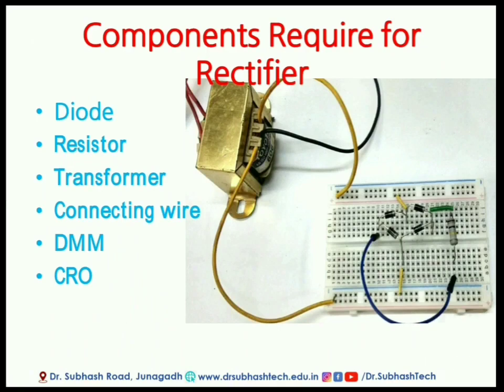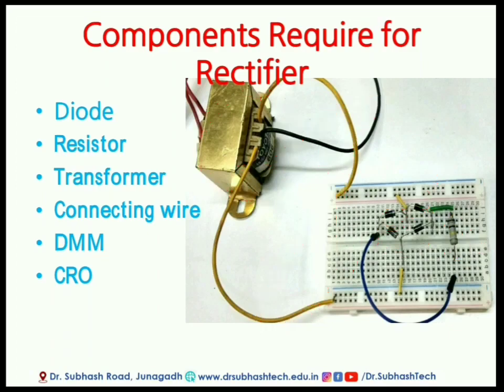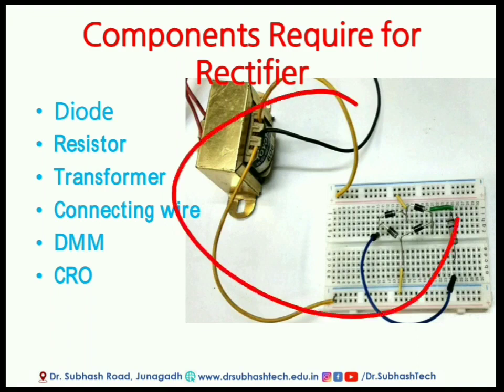First, the basic components required for the rectifier design. Friends, this is the transformer, this is the breadboard, this is connecting wire, these are the diodes, and this is the resistor. The basic components for rectifier design are the transformer, diode, resistor and some connecting wire. Here we only convert AC to DC, not pure DC; the output of this circuit is pulsating DC. For pure DC some portion like a filter is required, but here there is no filter, so we can say this is only the rectifier.